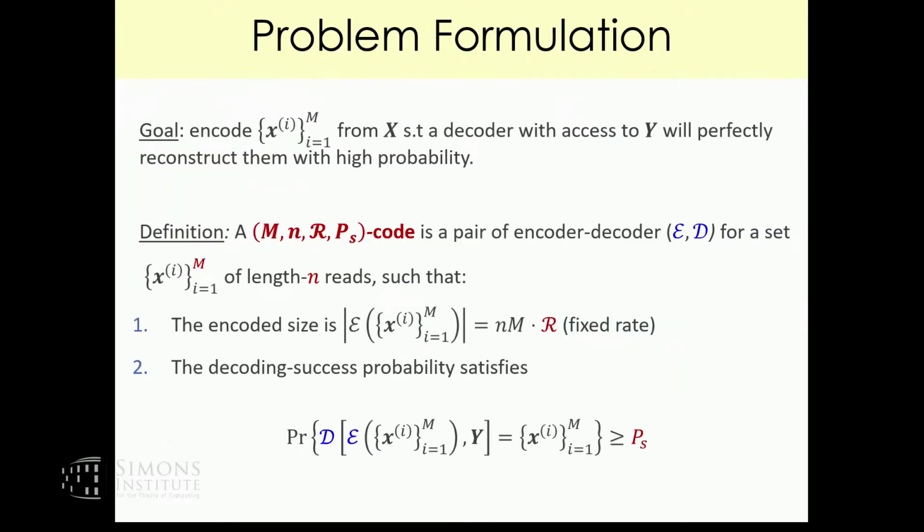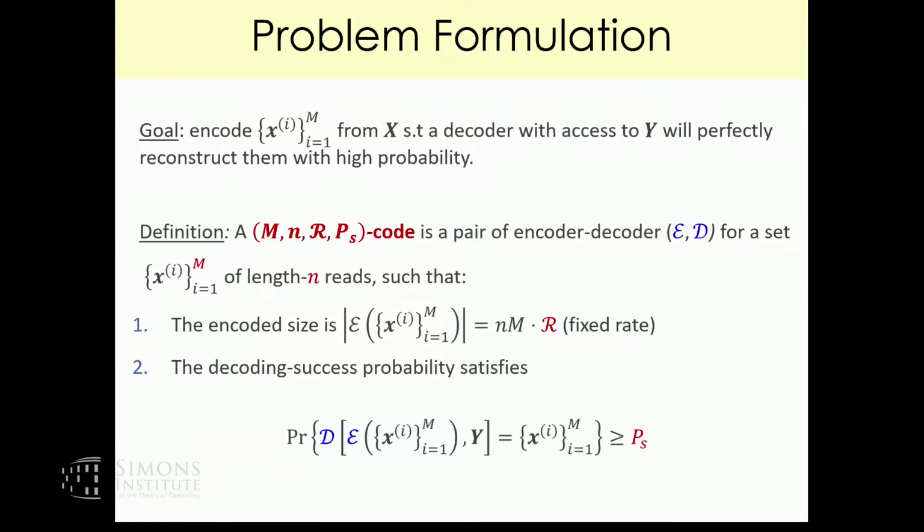Okay, so now we can define the problem for these settings. Given an input, the input is a batch of reads, M reads, each one is called the X_i. We want to have a coding scheme, a compression scheme, that has 4 parameters: the number of reads, the length of each read, the rate, basically the ratio between the output length of the encoder to the input, a number smaller than 1, and the probability to succeed,